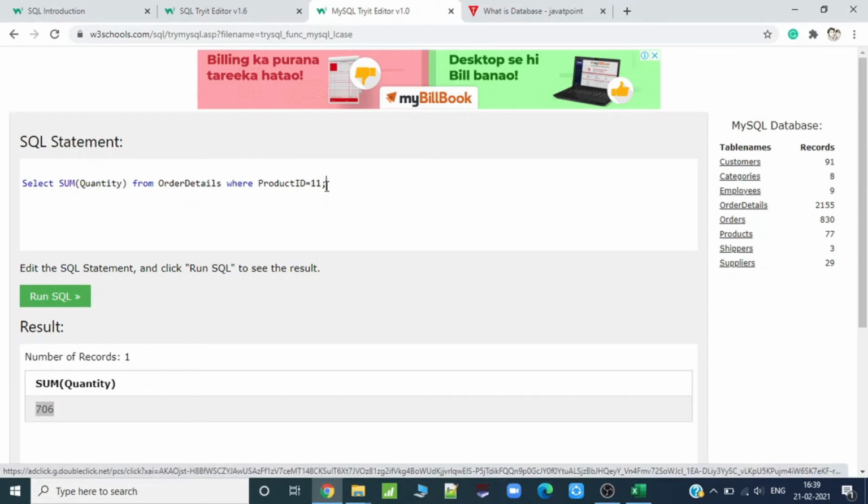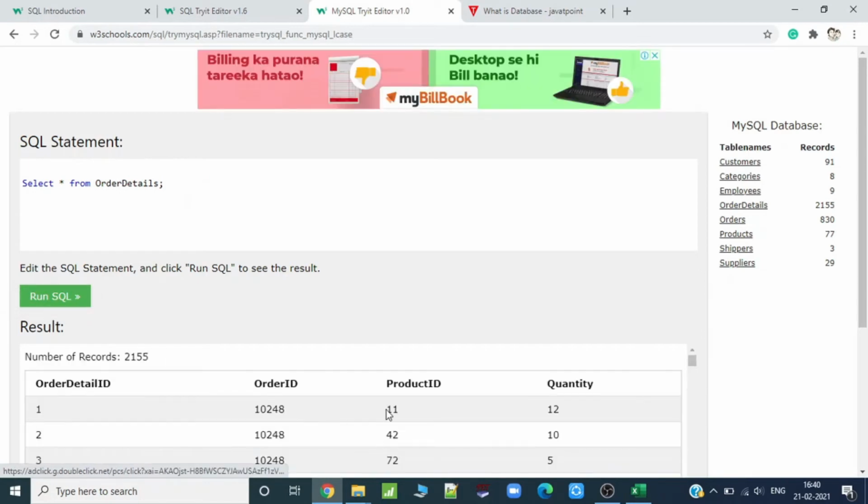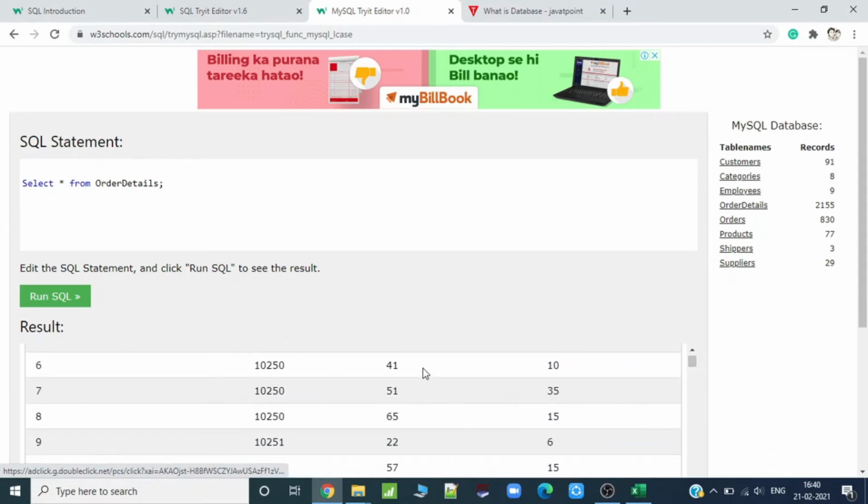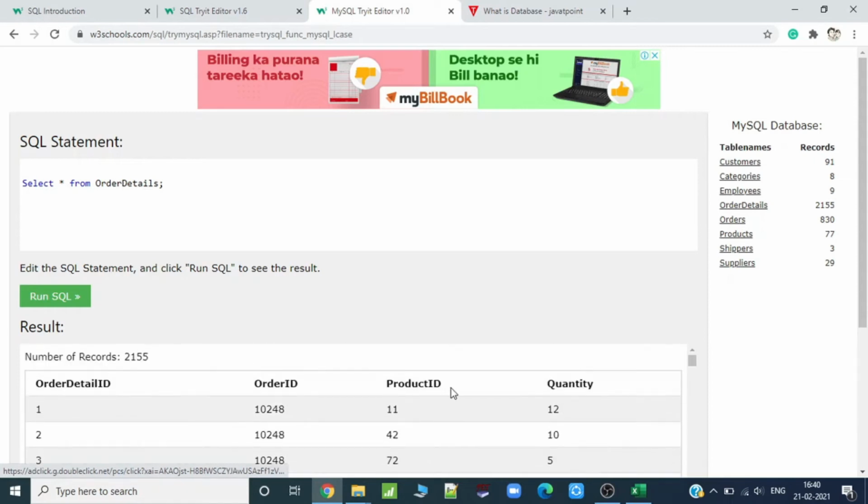Now my second question is, how many different product IDs have this sum? I want to make the condition not like this. I don't want to make it individually. What I want is the sum of product ID 11, the sum of product ID 42, similarly 41. I want the sum of all the records for each individual product ID.